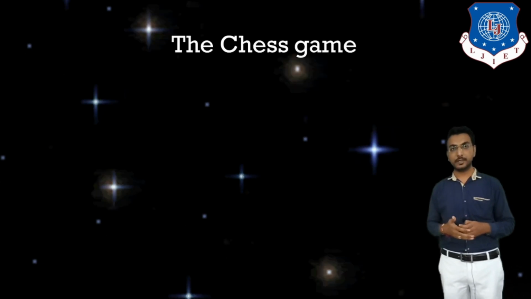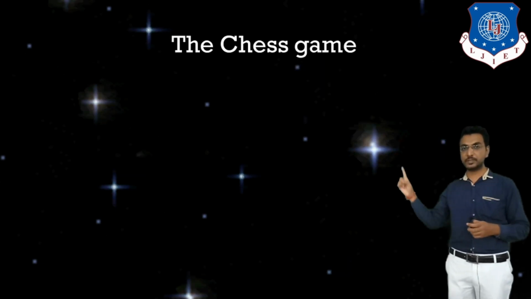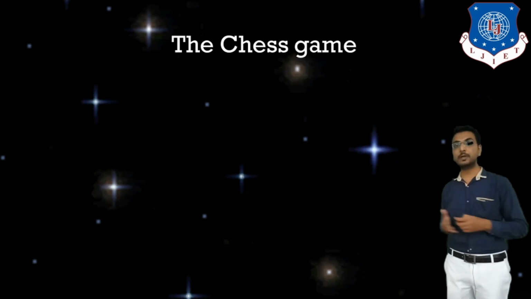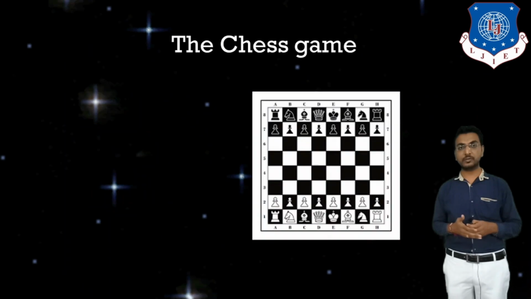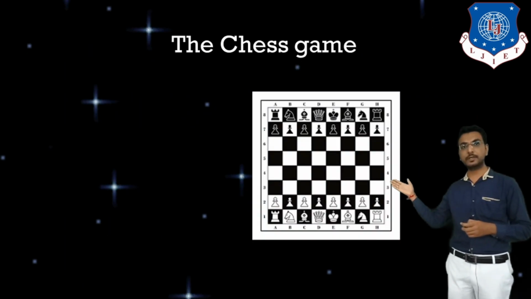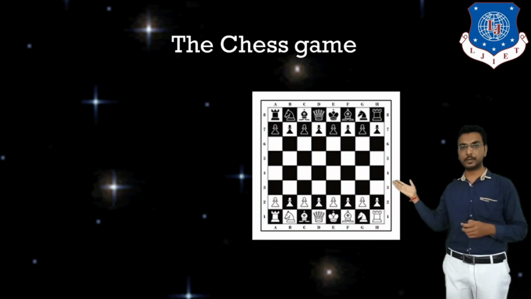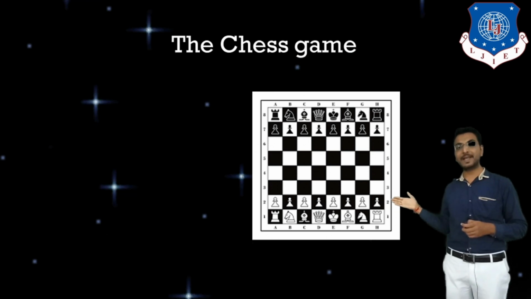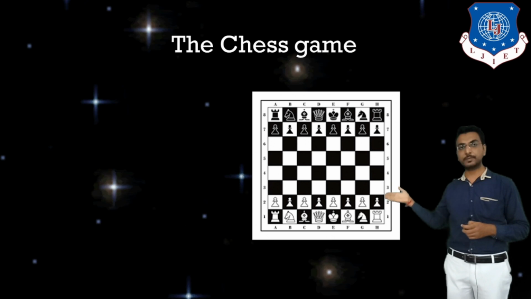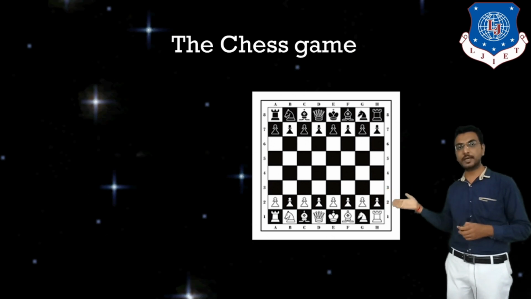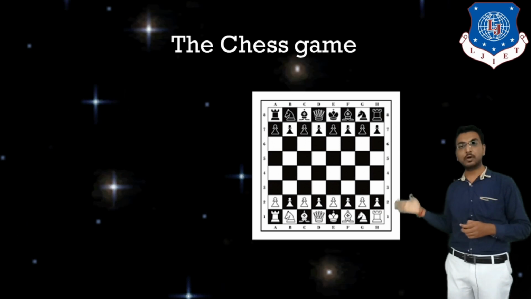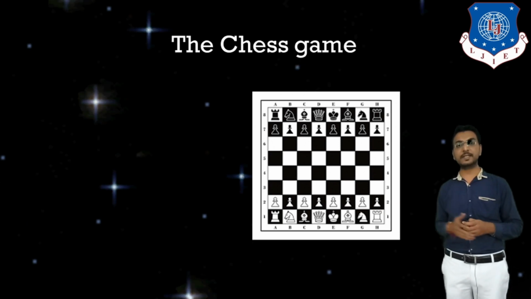Now let us start with the first problem, that is a chess game, meaning how we will be able to play chess. For chess, obviously there is one 8 by 8 matrix, and on the 8 by 8 matrix we have some elements. For example, in this line pawns will be there, and in this line we will have the horse, elephant, camel, all those things in the chess game.